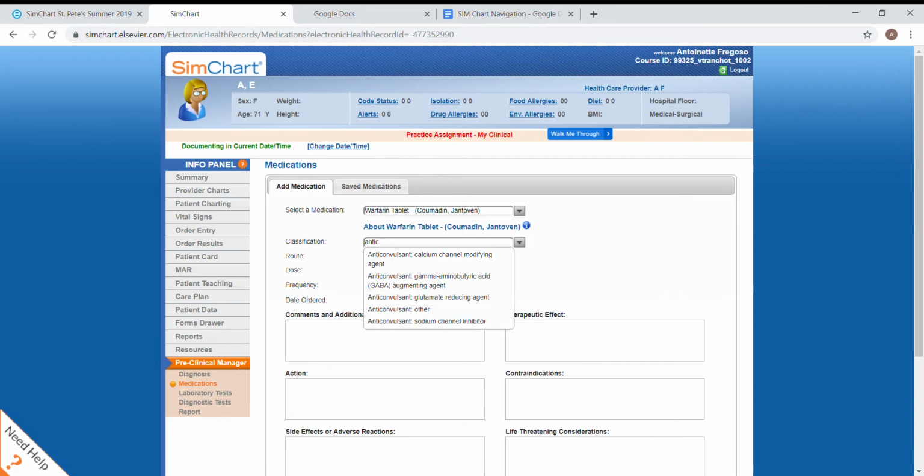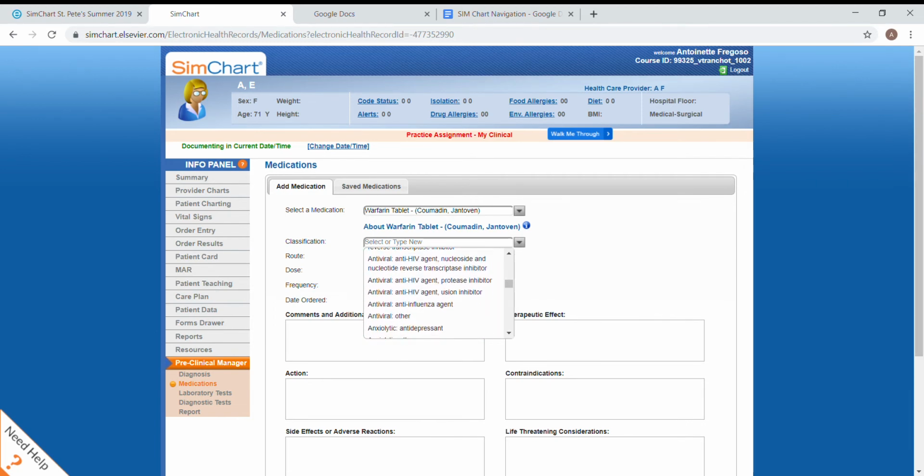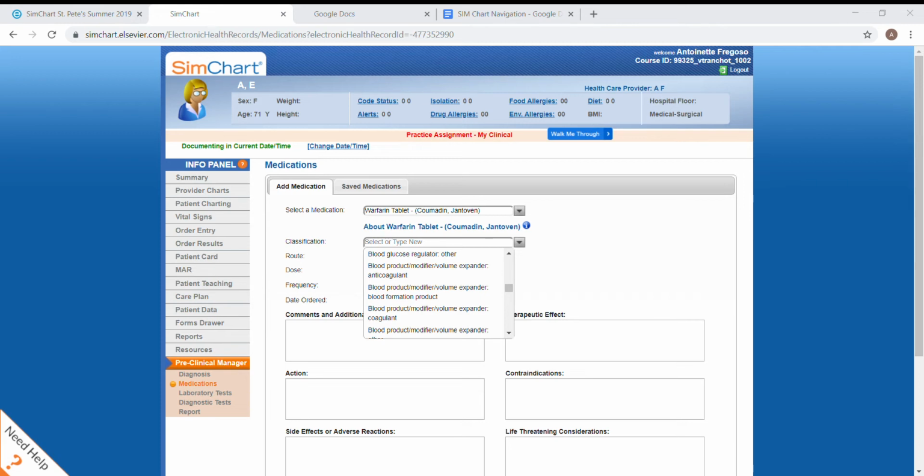Of course, it's not going to be there, so what could it be? Antiplatelet, maybe? No. Bear with me. Again, I didn't prepare for this. I'm just going through it like you guys would. So this is just an example of what you guys would have to be going through to do this. Because I don't know off the top of my head,